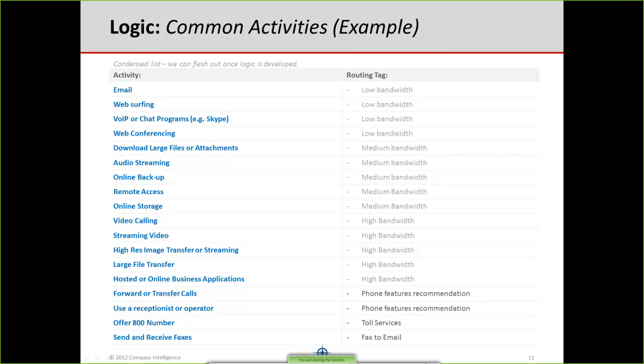Okay, so the next few slides are going to show you what the actual logic would look like based on what we've learned in the research that we've conducted working with CTAM and other research we've conducted. So as you can see here,